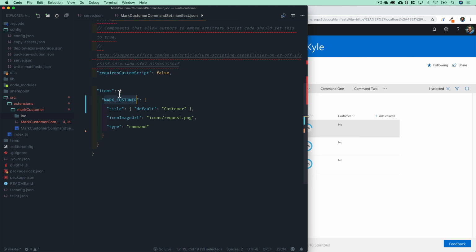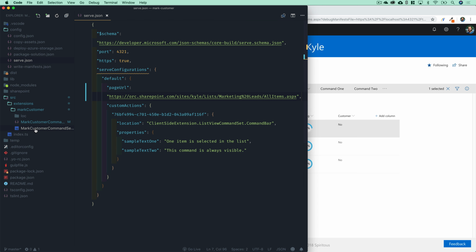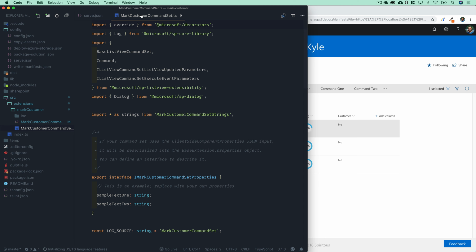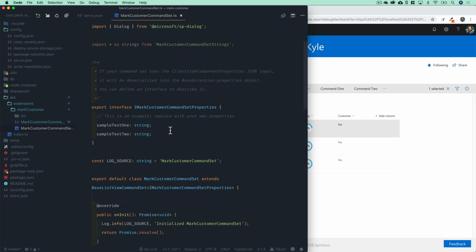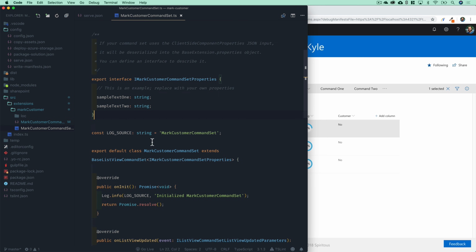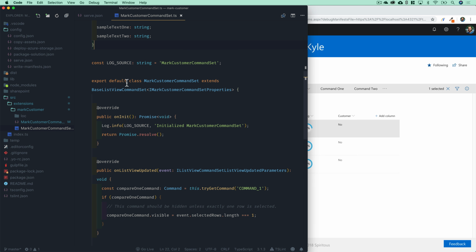And we've now defined only a single command that can occur in this extension. Now let's close that file. We'll jump back into the entry point, which is Mark Customer Command Set.ts. This is similar to all the other extensions we've been working with. You can have extension properties on here if you choose to utilize those. And then it exports this MarkCustomerCommandSet class that's extending BaseListViewCommandSet, which of course